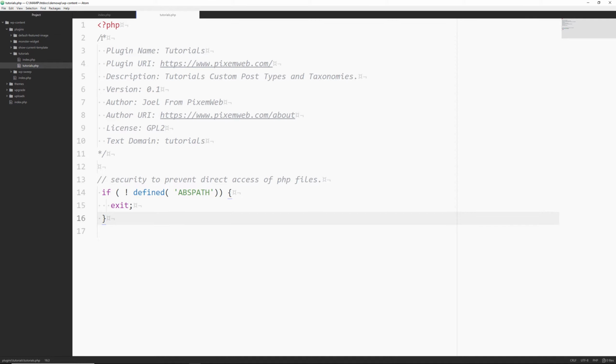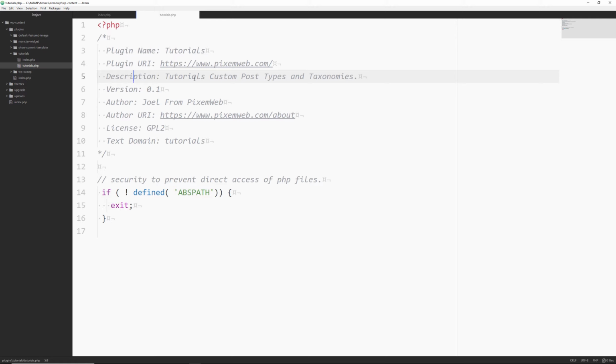And then what I did is I opened up my PHP tag over here, and then I have a comment block, and this comment block is for the plugin header, and this is going to be important information you're going to need to provide. So the first line over here, the plugin name, called the tutorials, plugin URI. Now this would be the path to where the plugin can be found on your website, on the WordPress repository, things of that nature. I'm just leaving it to my website itself, but you would typically have it saying, say, your website slash and then the page for the demonstration of your plugin.